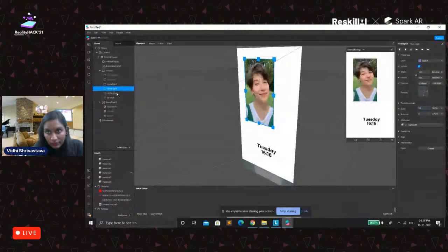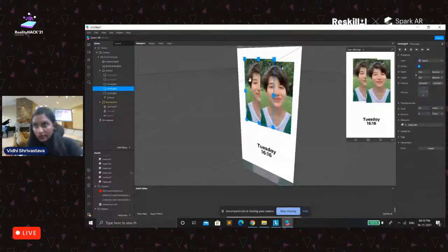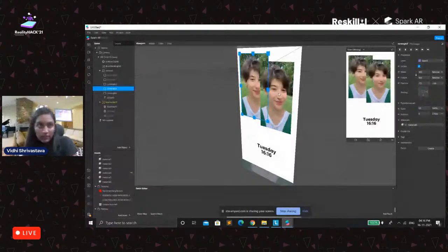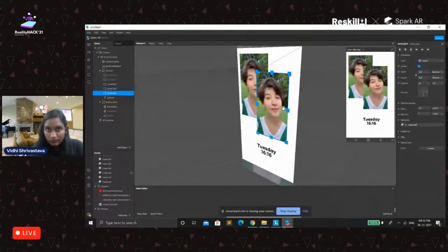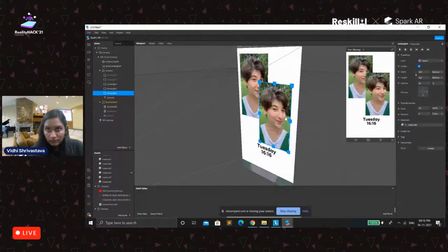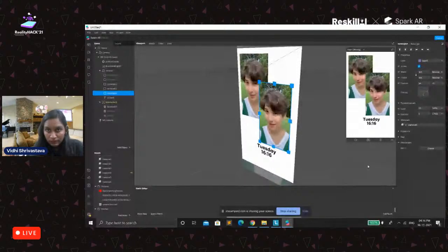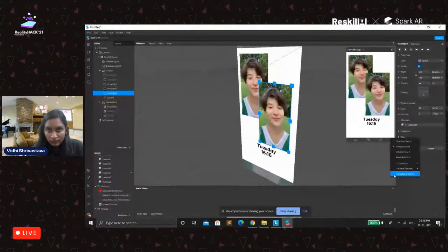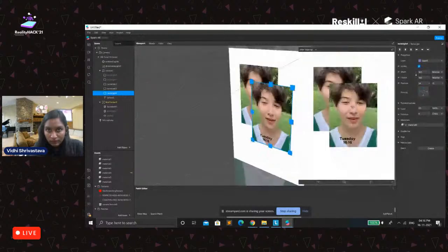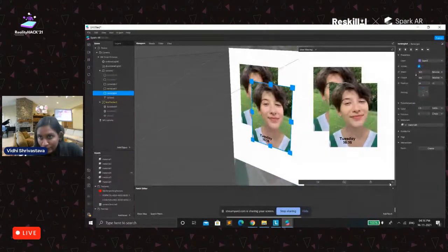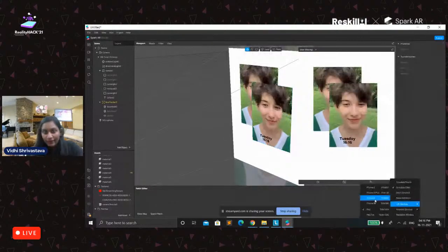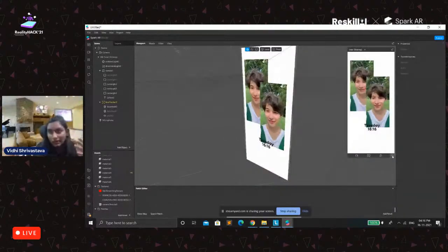Let me change the pinning to 0.5 and let me duplicate it. For the iPad, it came quite close, and for the different devices, it is going differently.